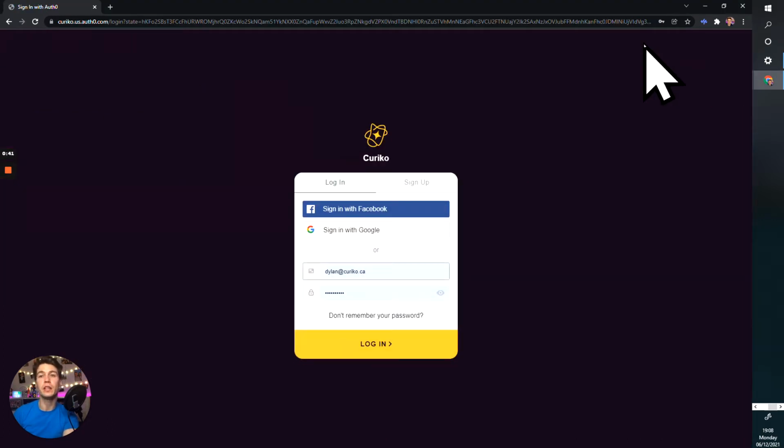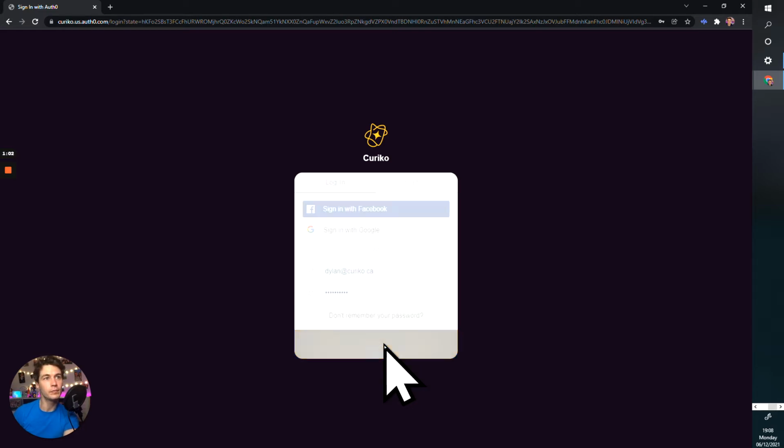This will take you to the Curiko login page. From here, you're going to type in your account information. Mine is already all set up there. And then you press login. If you don't already have a Curiko account, you can check out the tutorial how to sign up for an account on a computer. So I'm going to press login,